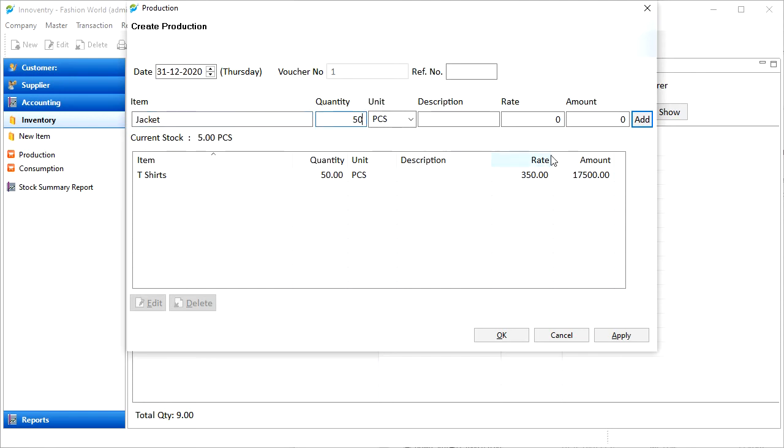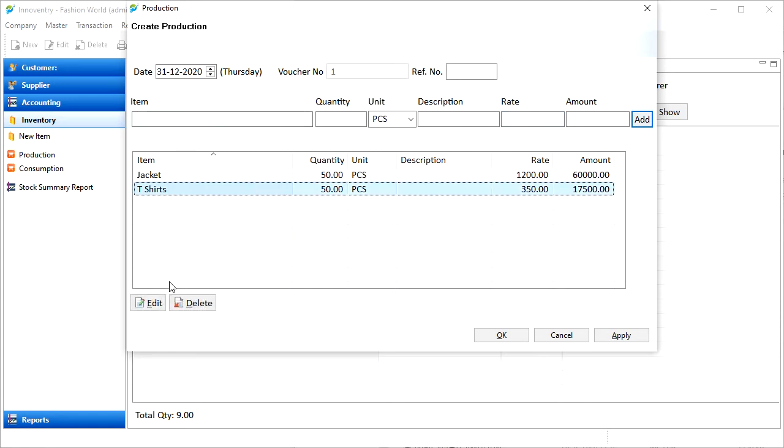We can also edit or delete the details using the options we can see here. To edit the details, we need to select the item and click edit button. We can then edit the details as required. For example, change quantity from 50 to 55 and then click on add button and the production is edited as